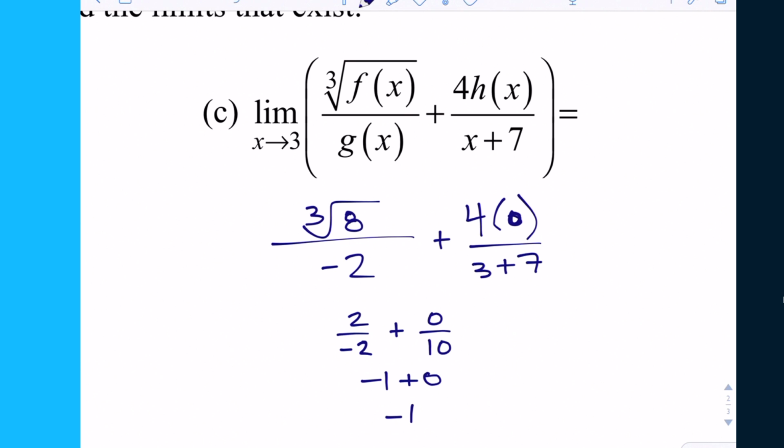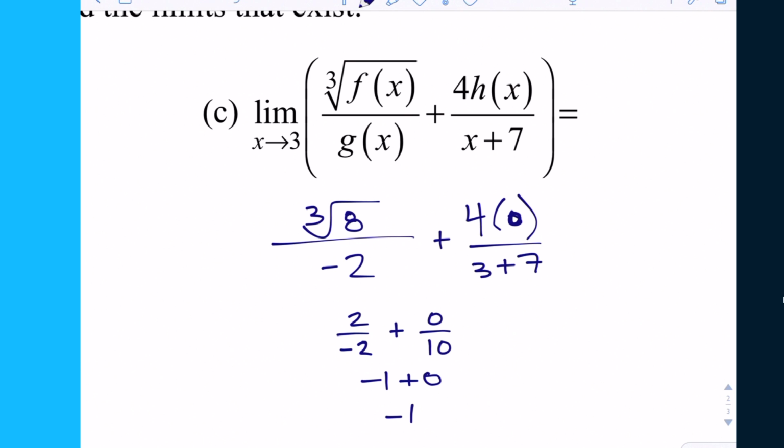Okay, so I did it here without rewriting the limit, but it would be the cube root of the limit as x goes to 3 of f over the limit as x goes to 3 of g plus 4 times the limit as x goes to 3 of h. And then down here, this is interesting, this x plus 7. There's no f, g, or h, so this would just be the limit as x goes to 3 of x plus 7. So when you substitute then, you get the cube root of 8 over negative 2, 4 times 0,